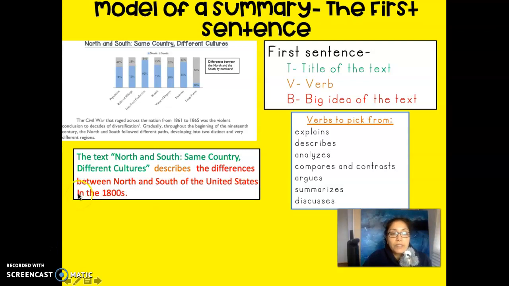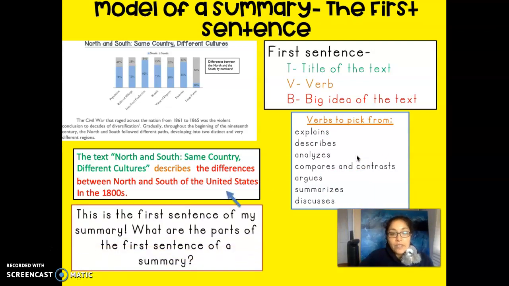Oops, that's a typo, it's supposed to be a little I. In the 1800s. So I have the title of the text, the verb that says what the text was doing, the action the text was doing, and then the big idea of the text. What was it mostly about? This now is going to be the first sentence of my summary. So, what are the parts of the first sentence of a